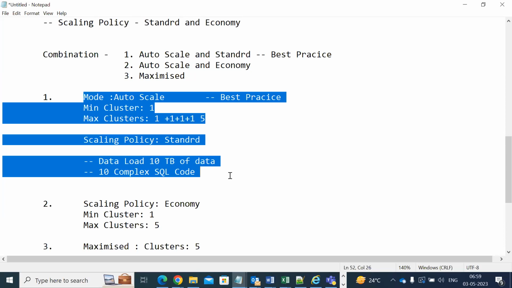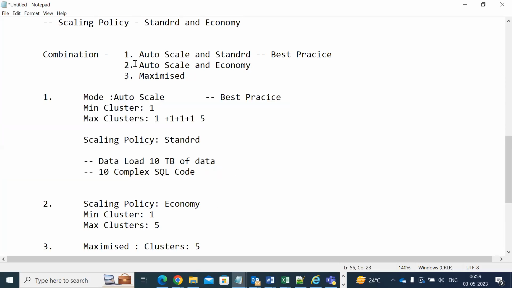Suppose minimum cluster is 1 and maximum cluster is 1. It is not going to be sufficient for the task to complete, so it will add the immediately next cluster. At the same time, in the second option, the scaling option is auto scale and then economy, which means